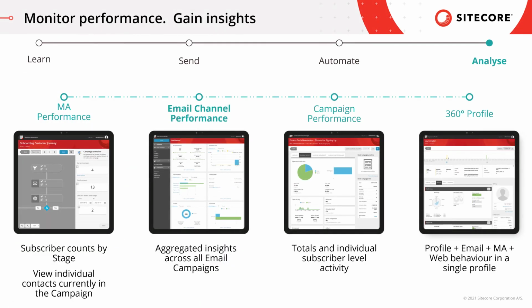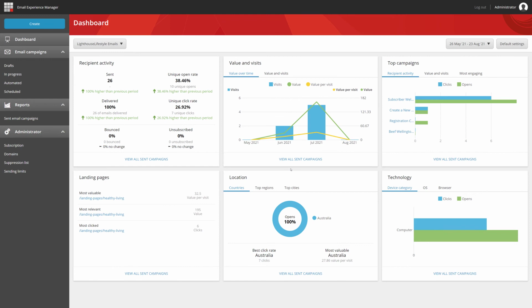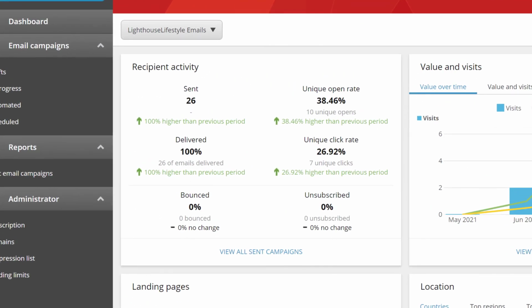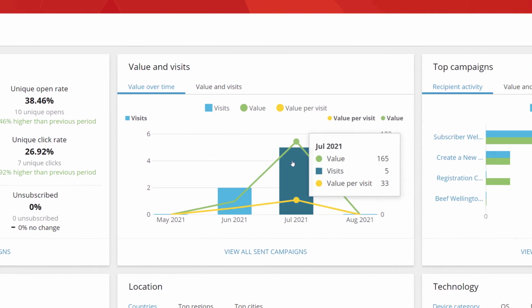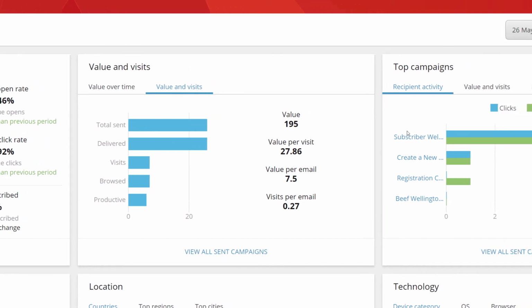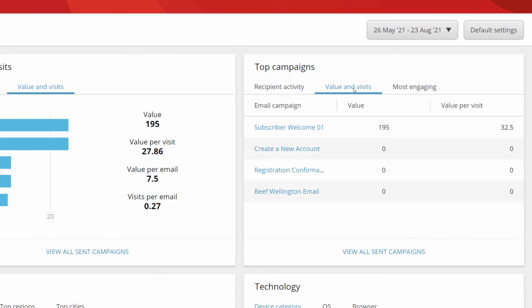Next, we want to look at the email channel as a whole to see how it's performing across both our scheduled and triggered campaigns. The dashboard shows us key metrics like open, click, unsubscribe, and bounce rates. We can track all the important engagement value to ensure our emails are driving the engagement we want on the website. We can see our top performing campaigns, both from an engagement and value perspective,